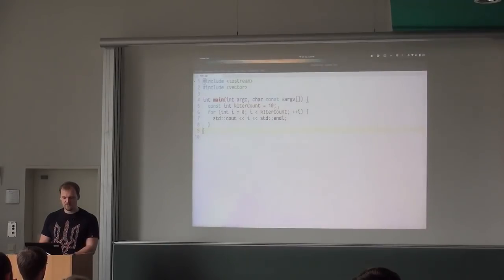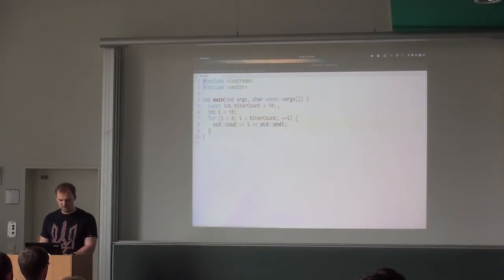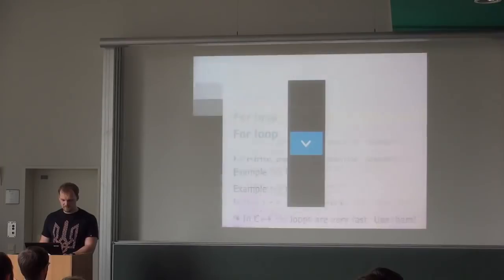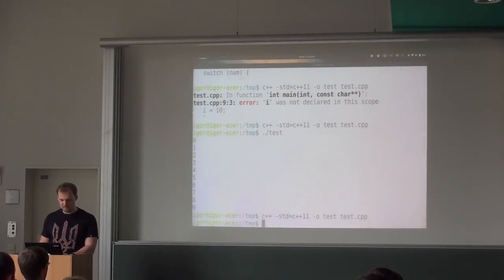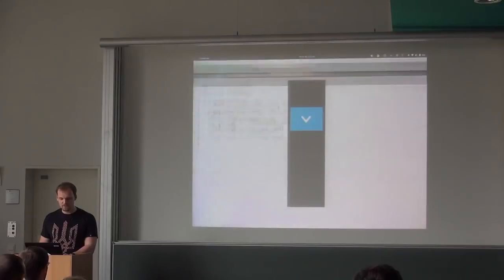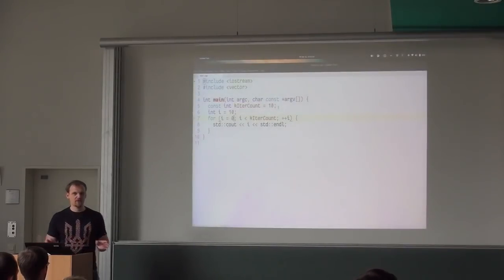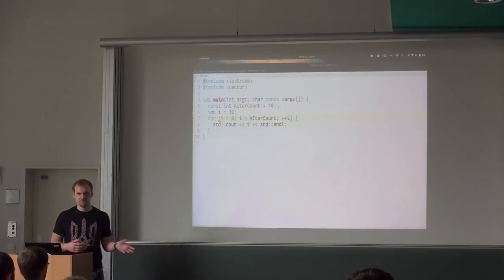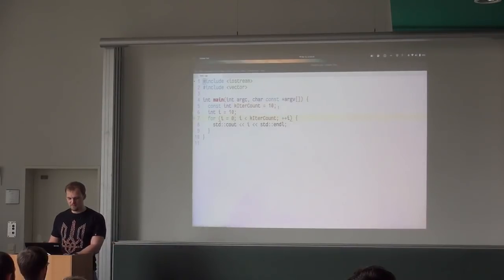What I also can do, I wouldn't recommend it, but it's possible, and sometimes it's useful, is if I have this i used somewhere else, I can just use the same i here. So my initial condition will be, let's put it to 10, for example. It will still be able to use the same i over there. It's just so that you're not confused if you see such a syntax. Sometimes it's useful, but generally prefer to declare a variable within the for loop statement.